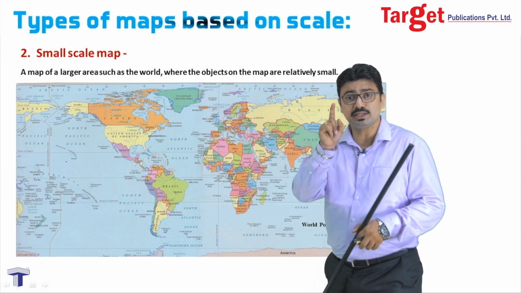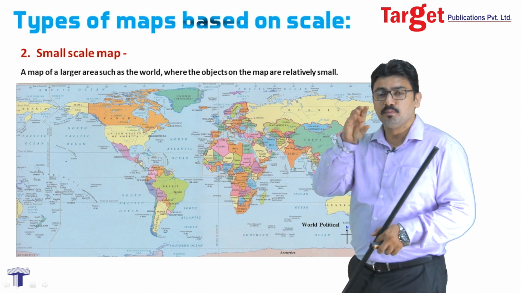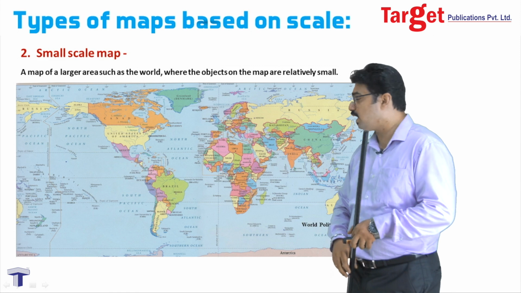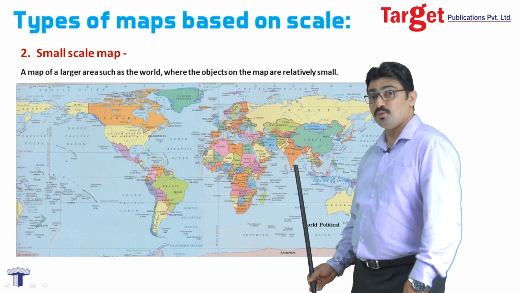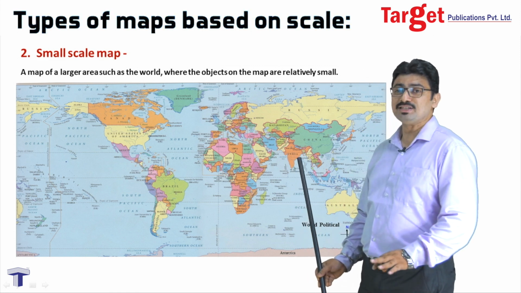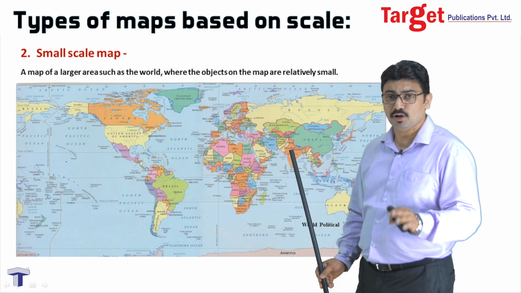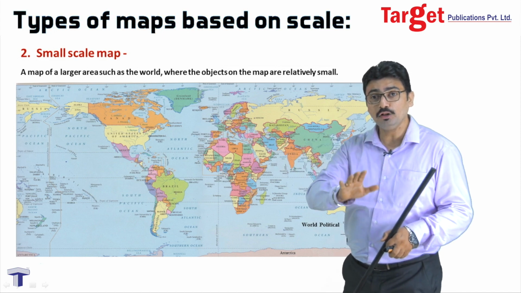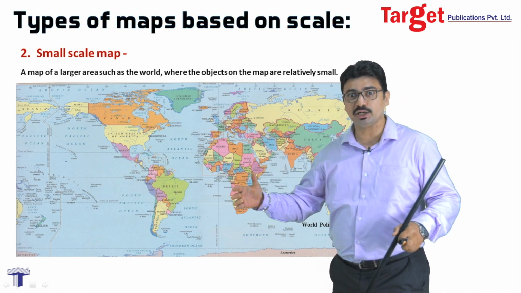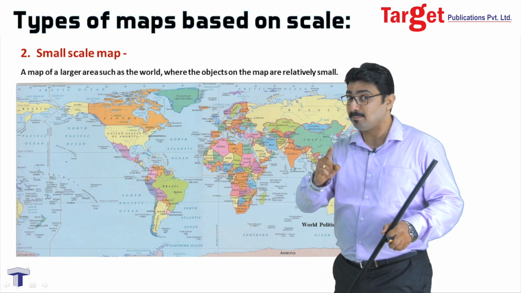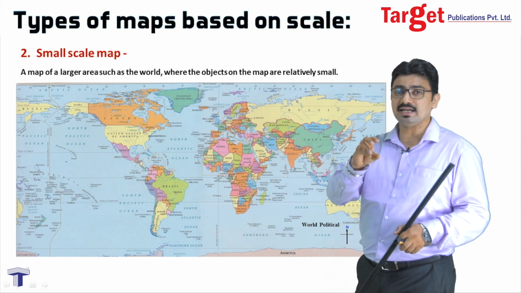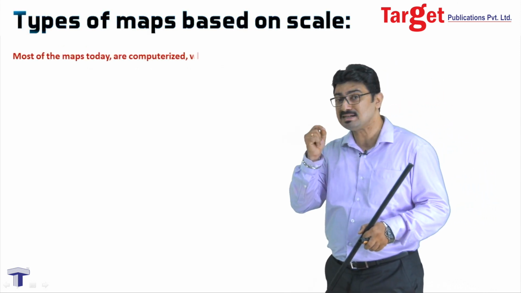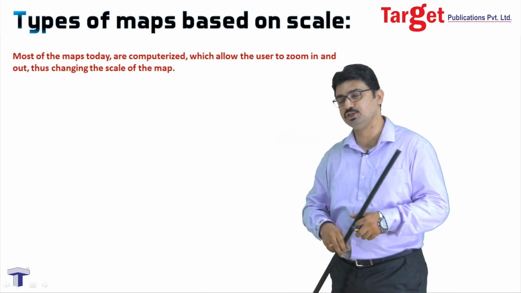Small scale map is the same region shown in a smaller size. For example, we were looking at a map of India. Now in this map that we have here, India is shown in a smaller size, and hence we call this a small scale map, where the objects, the individual components of the map are shown in a smaller size, although the map is of a larger area. Yes, students, the map is of a larger area, but the objects are of smaller size, and hence it's called a small scale map. Both of the maps are used alternatively depending upon its application of study in geography.